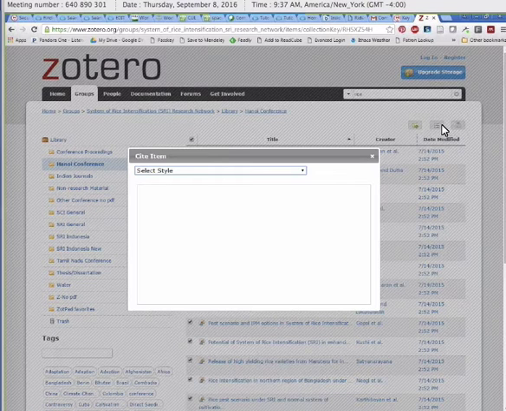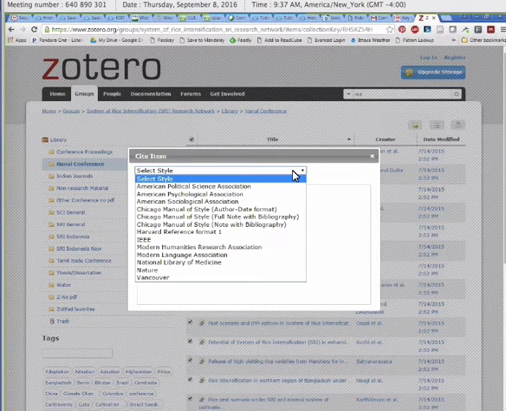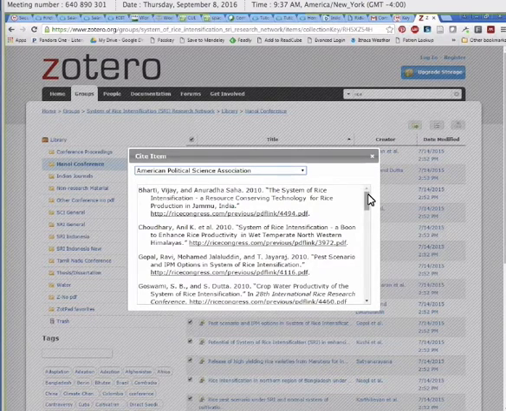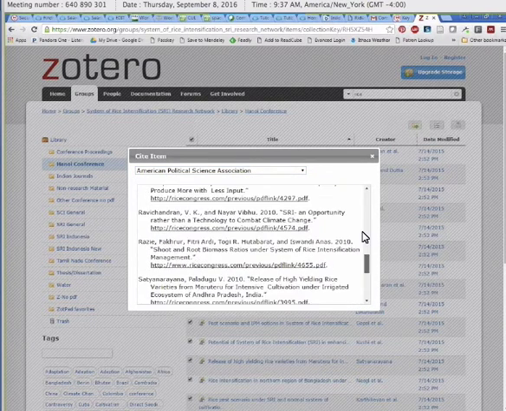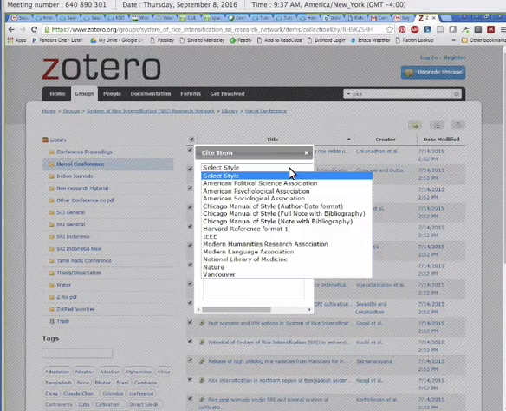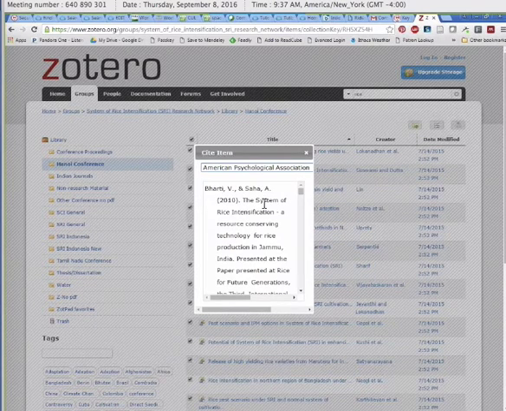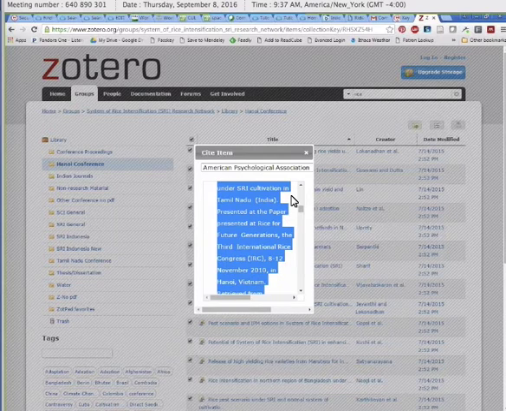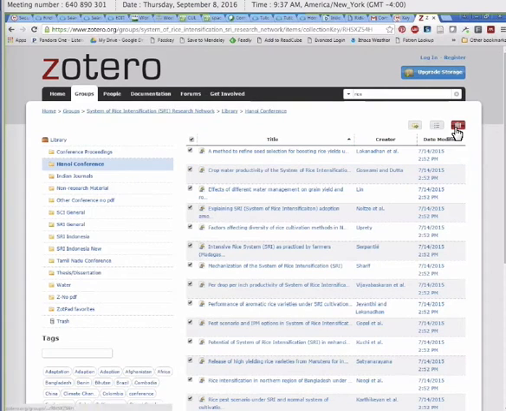But there's definitely, oh, this is interesting. Oh, okay. So if nothing else, you could select a style, like APA style, and then I could just copy them all and paste them into a Word document or something like that. But there has to be an email function here somewhere. I'll have to look into that. So yeah, people could print them out. They should be able to email themselves and then go